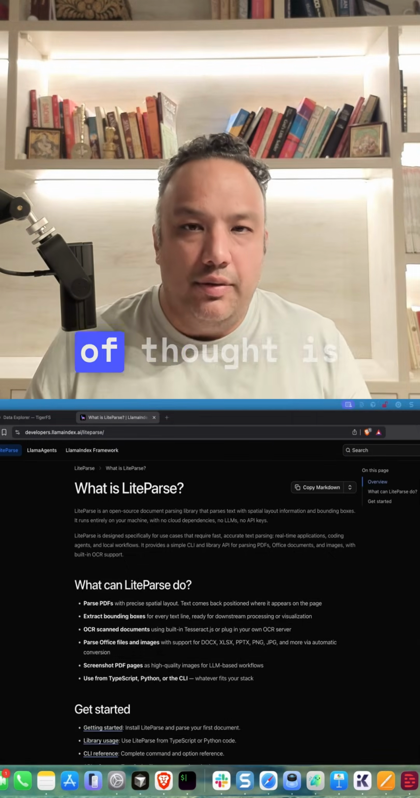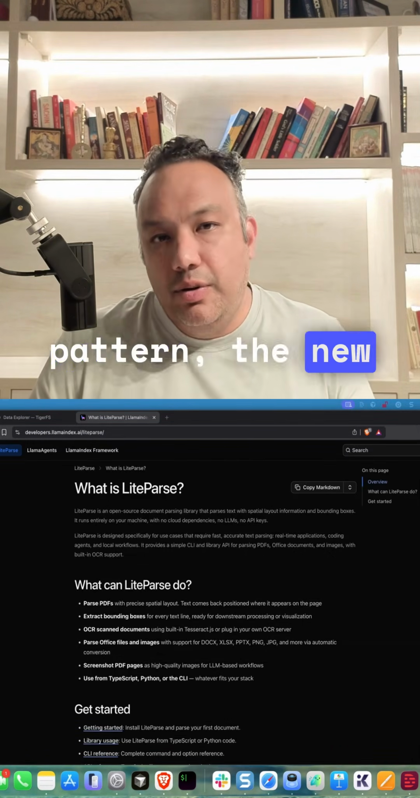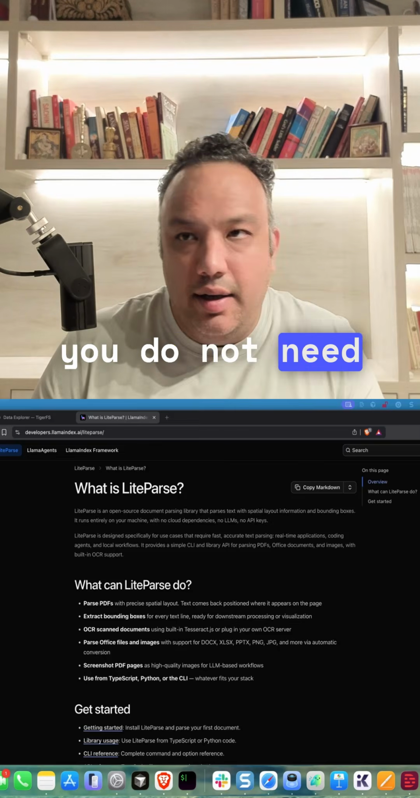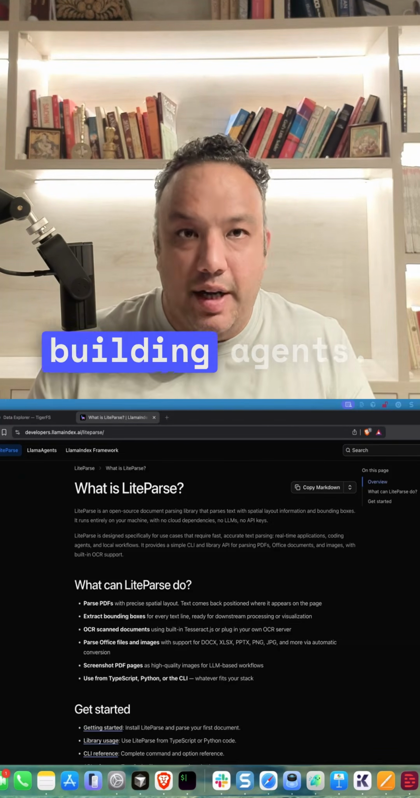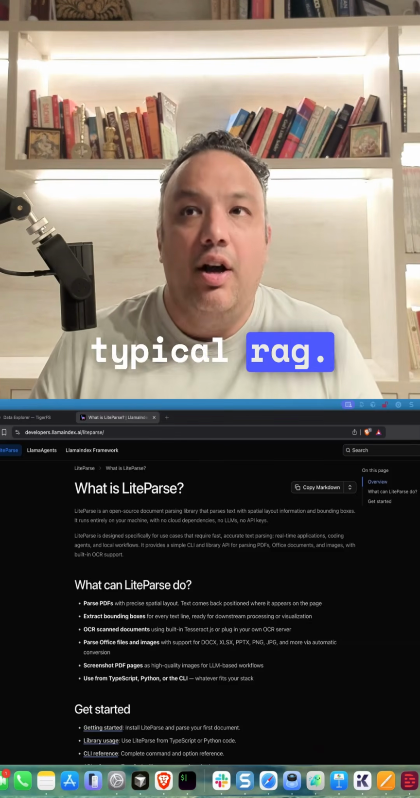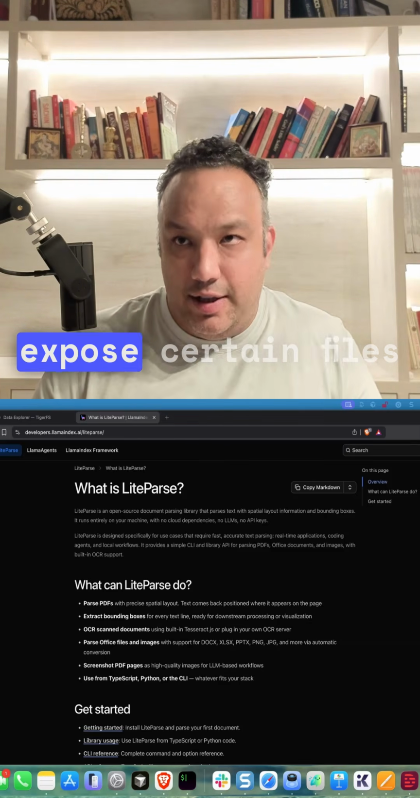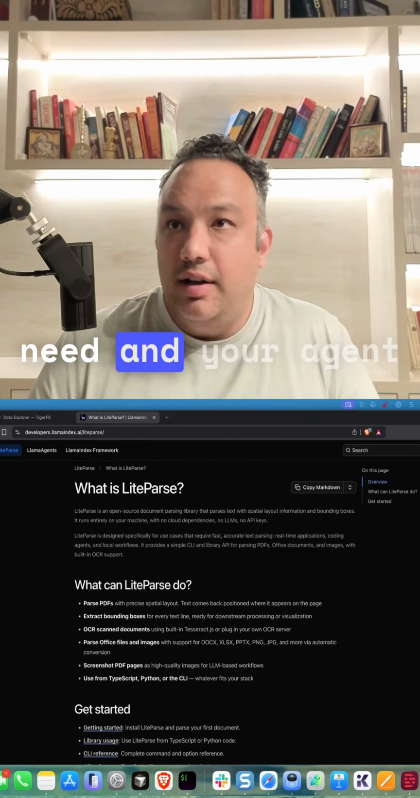Now, the new school of thought is essentially going against this pattern. The new school of thought is that, hey, you do not need vector databases. Especially if you're building agents, you do not need vector databases. You do not need typical RAG. What you do need is to be able to expose certain files with data that you need, and your agent